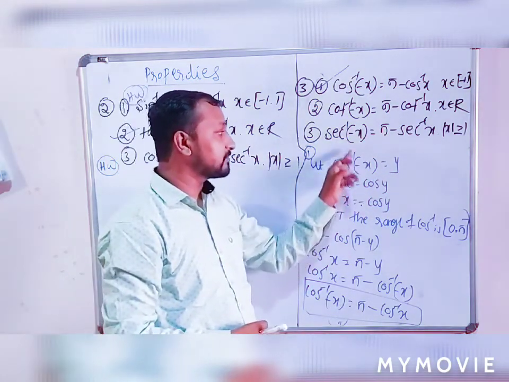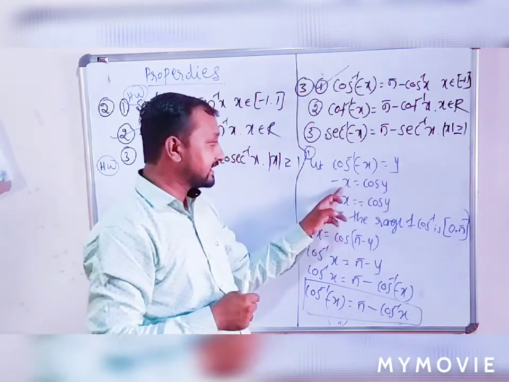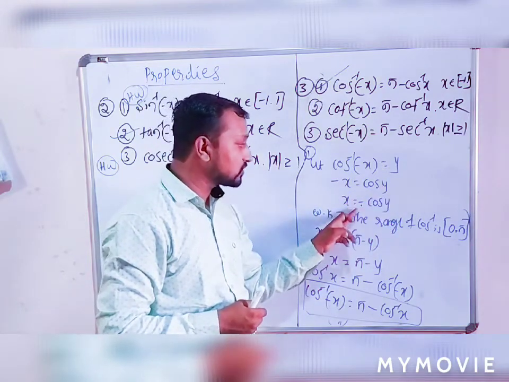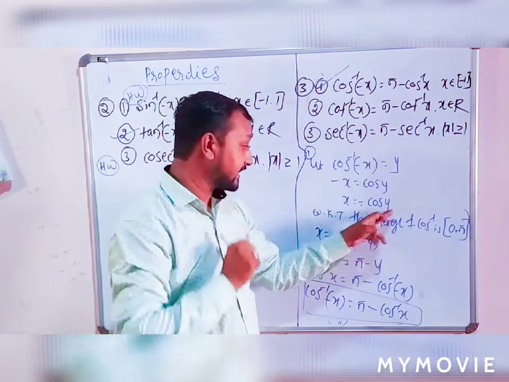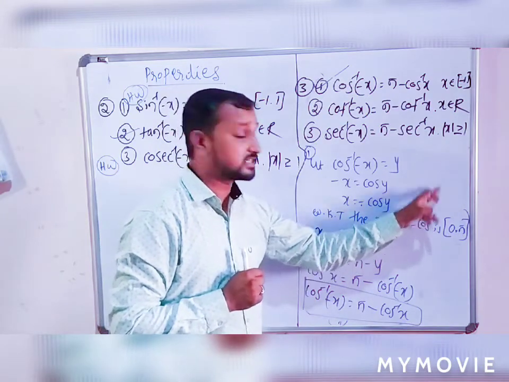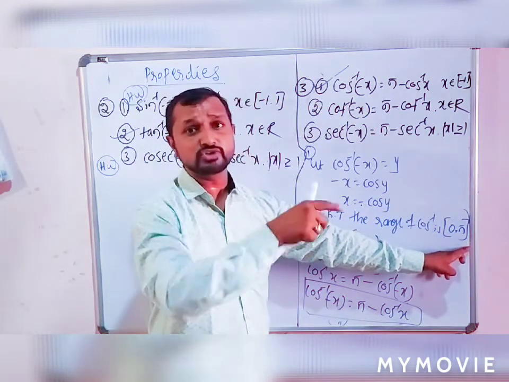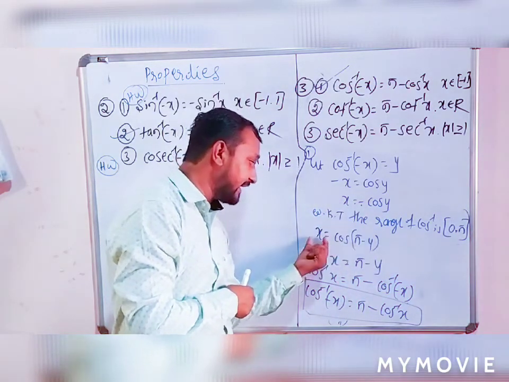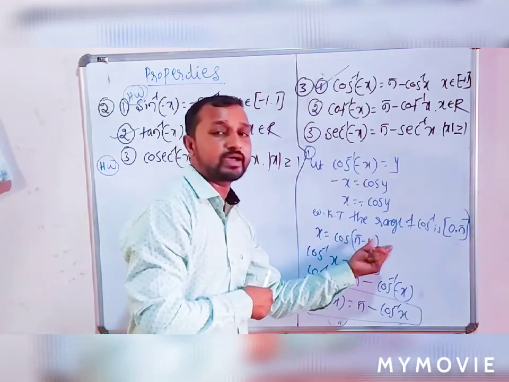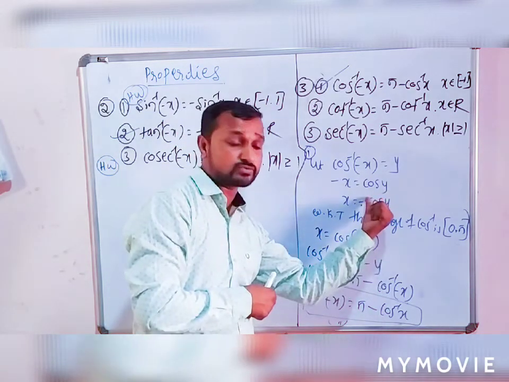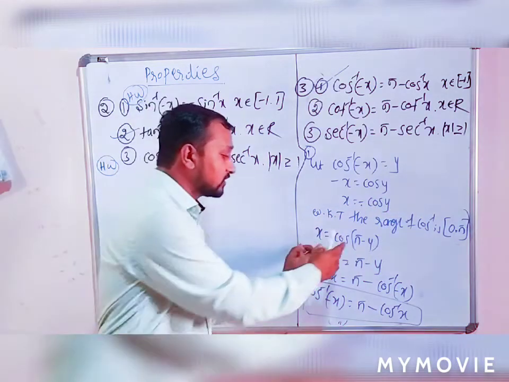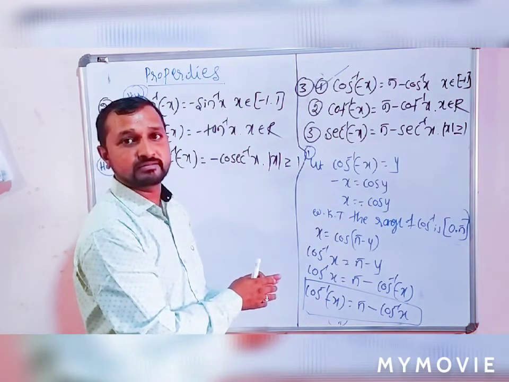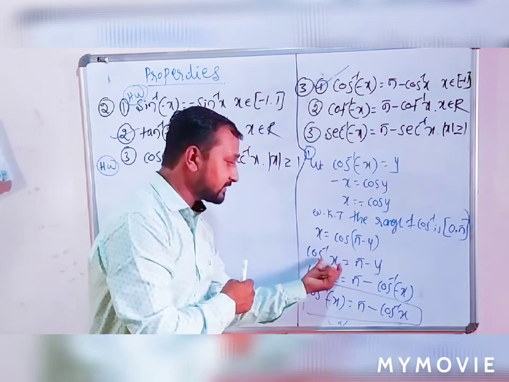See that. Cos inverse of minus x equal to y. Let us take it. So minus x keep as it is, cos inverse shifted to that side is nothing but cos y. So x is equal to minus cos y. So already we know that the range of principal value of cos inverse is the closed interval 0 to pi, having only positive ranges. That's why we take the minus sign in x is equal to cos of pi minus y. Cos of 180 minus y is nothing but minus cos y. So then cos is shifted to the right hand side, same procedure in all the properties. Same cases. So cos inverse of x equal to pi minus y.